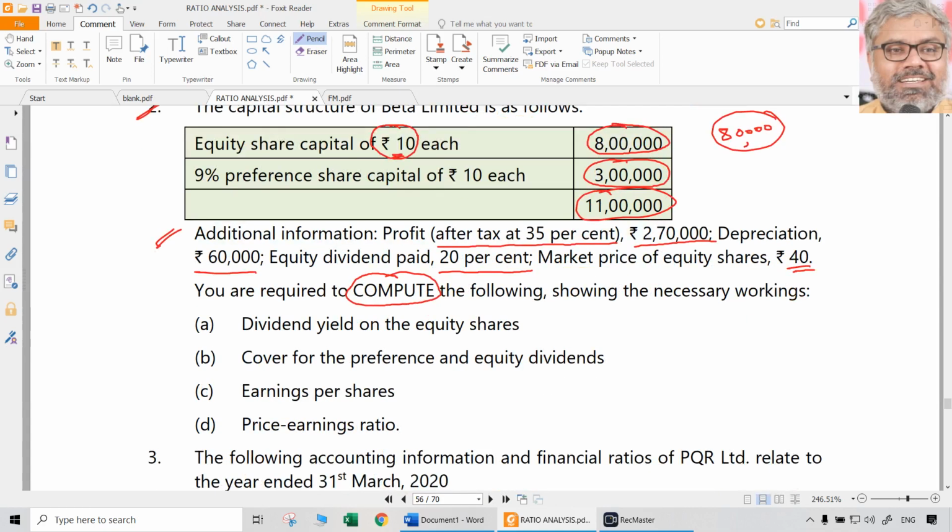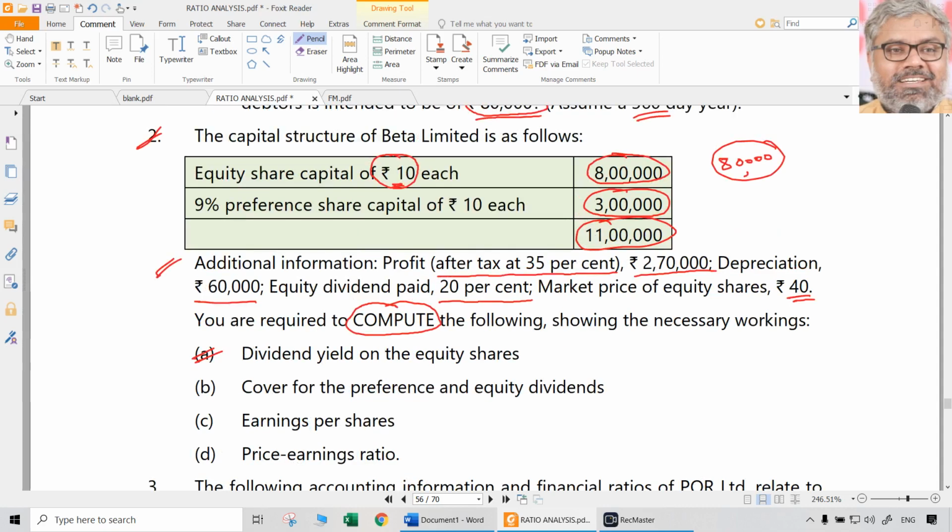First thing first, dividend yield on the equity shares. For that purpose, you should first write the formula. Then you should know what is the numerator and what is the denominator. Then automatically the answer will come. So what is the formula for dividend yield? Dividend yield is nothing but dividend per share divided by market price per share. You have to write full forms in the exam, by the way. Don't try to write acronyms in the exams. Only for EPS you can do it. That also, if possible, writing the full form is advisable. But EPS is okay, that is a commonly used acronym. But other things should not be acronyms. They have to be fully written out.